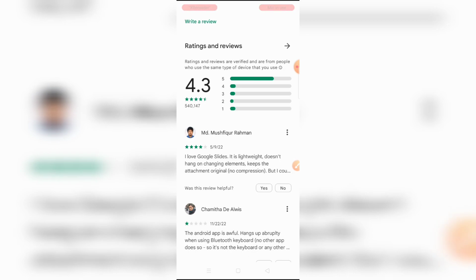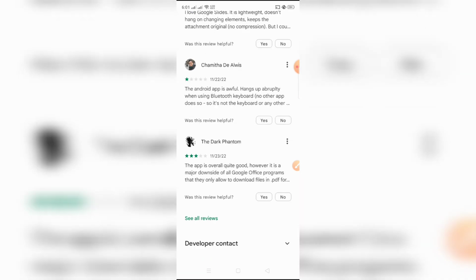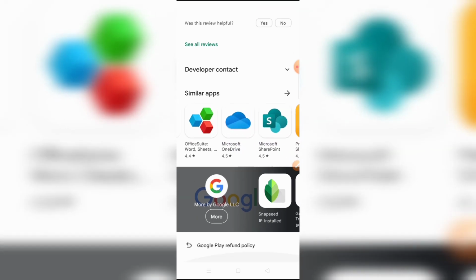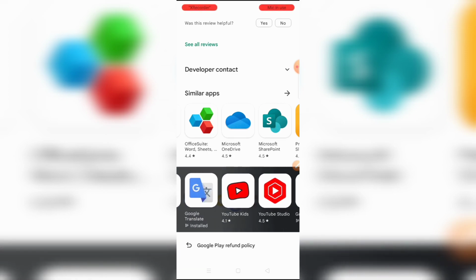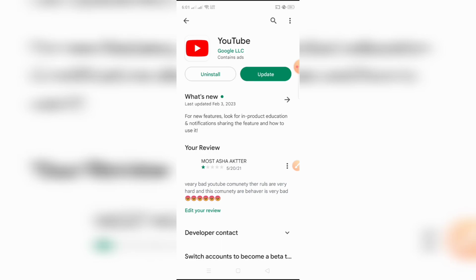I love Google Slides. It is lightweight and does not have any annoying elements. Okay, so there are many reviews available on this. You can check this, Google YouTube is also a Google product. Google LLC,